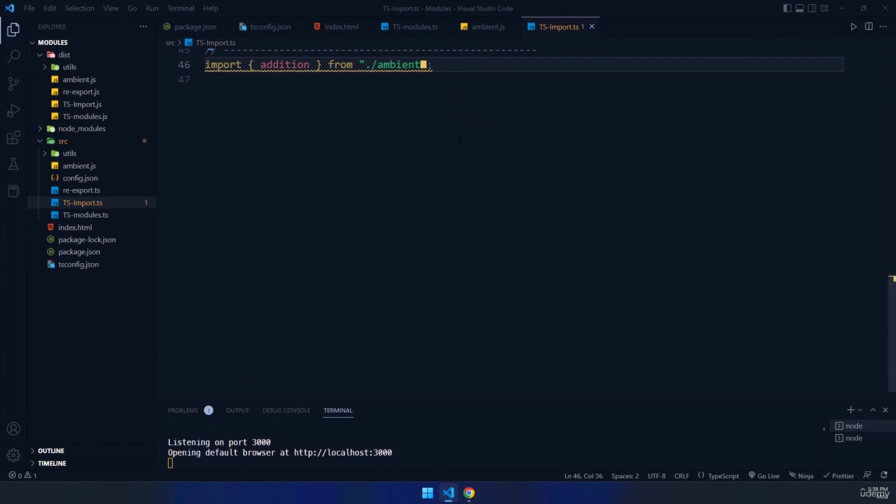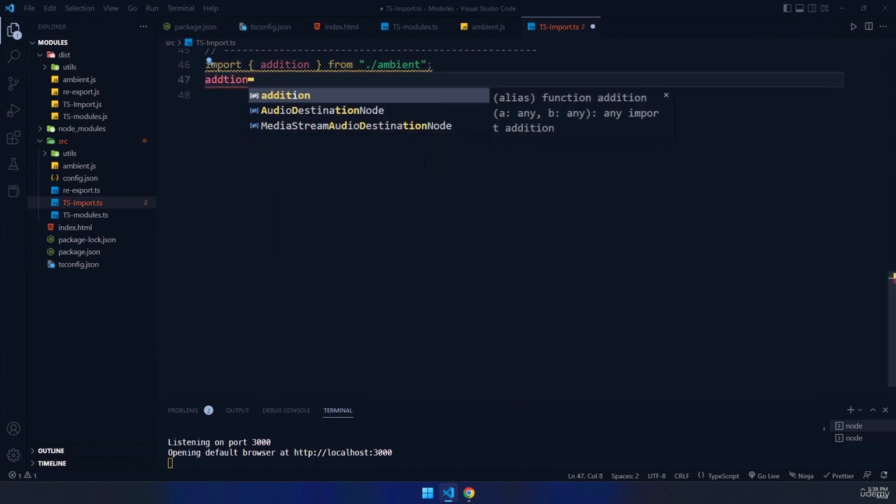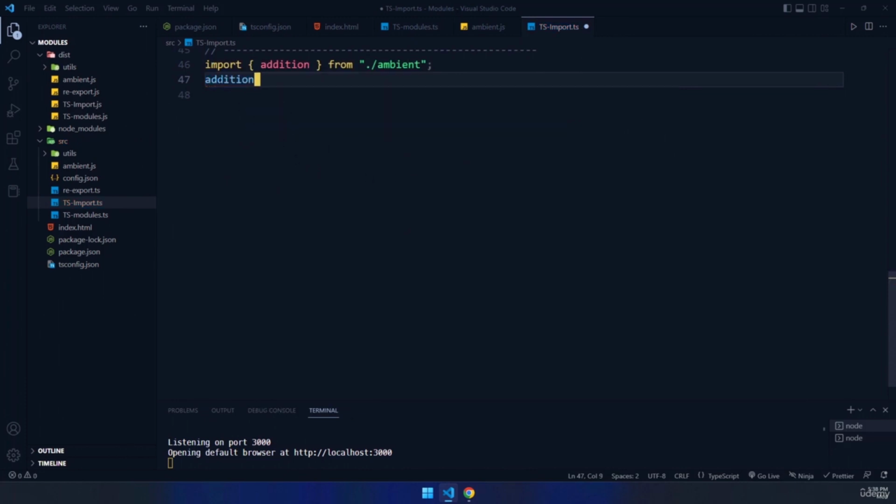the value. Now, it has been imported, and we can see that, but if I take a look at the addition function, what do you think we are going to see? If I hover on it, we can see that the addition function has one parameter with the type of any, another parameter of type any, and the return type is any as well. And from our current knowledge of TypeScript, we know that any is way more flexible than what we want. So how can we actually fix this? How can we provide a signature for this function that would correctly type annotate the function as we are importing